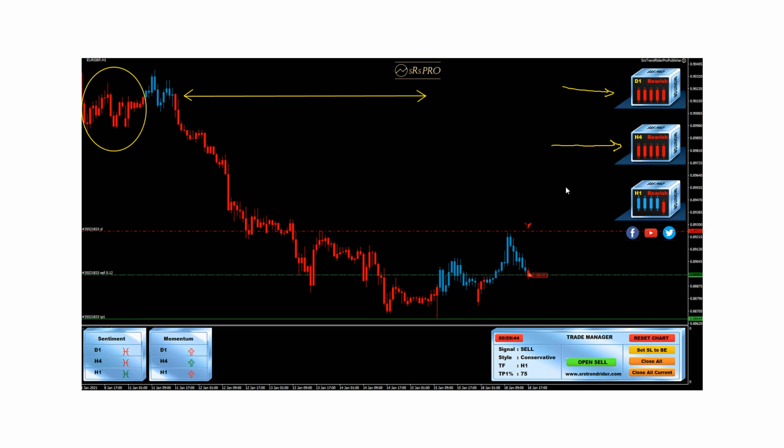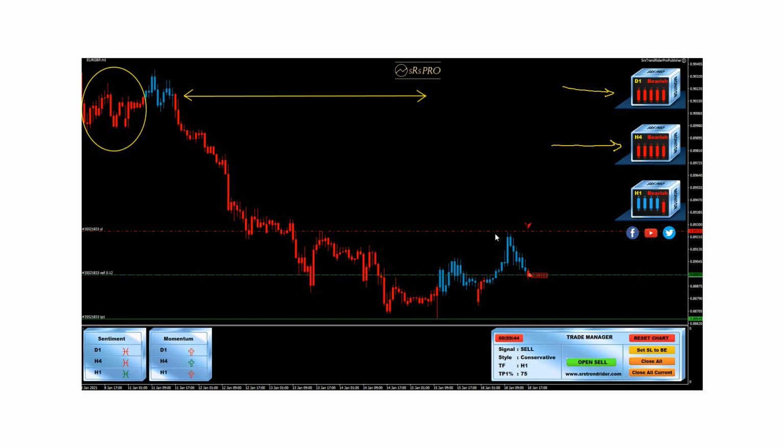The sellers. Look at the 4-hour and the daily. Okay, they are obviously bearish. Now you can see the momentum. We don't have the arrows here because it was taken on a different platform on a different server, not directly with the windows. That's why the symbols are a bit ruined. But you can see here both two red on the momentum and two red on the higher time frame and the sentiment. That's clearly a bearish environment.